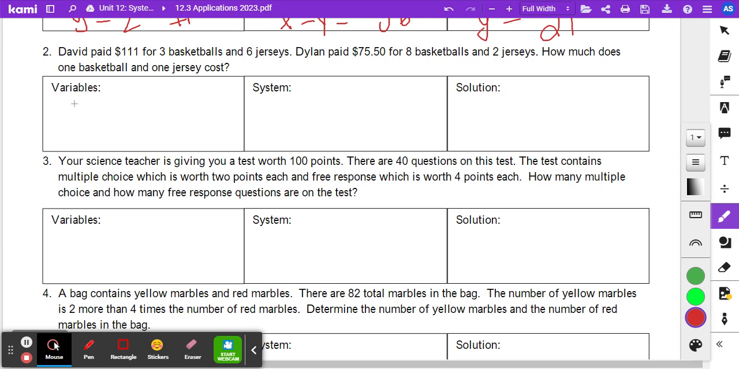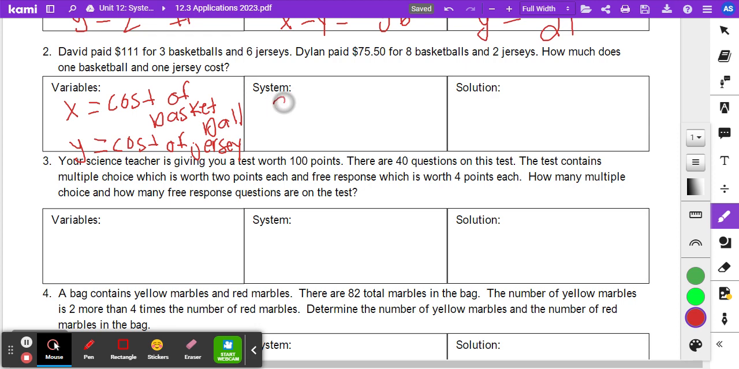So our variables are going to still be x and y. We're going to make x the cost of a basketball, and we're going to make y the cost of a jersey. And when we set up this system, we have to follow along. So David paid 3x plus 6y for 6 jerseys was $111. And Dylan paid $8 per basketball plus $2 per jersey equals